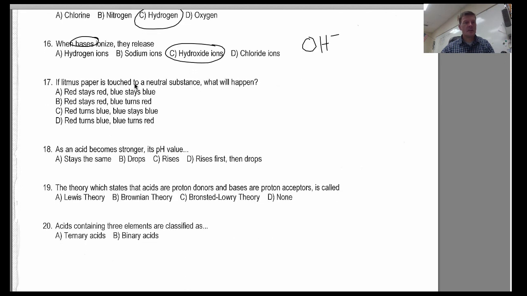If litmus paper is touched to a neutral substance, what will happen? Actually, it's not going to change colors. So basically, you're going to have your red stay red and your blue stay blue. So there's not going to be any change in your blue or red litmus paper. Number 18, as an acid becomes